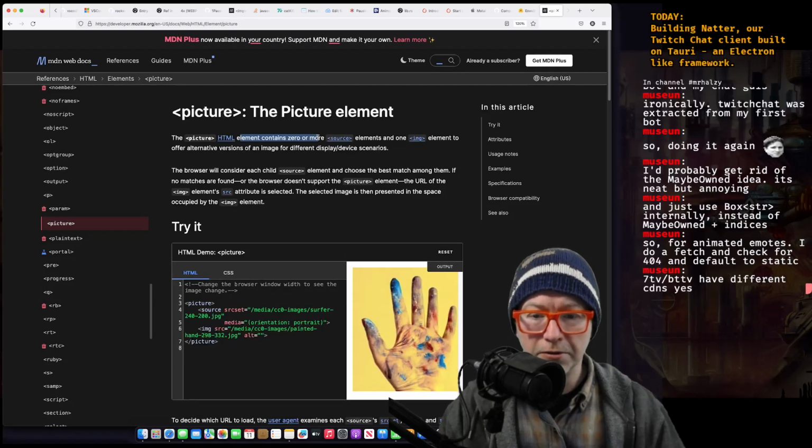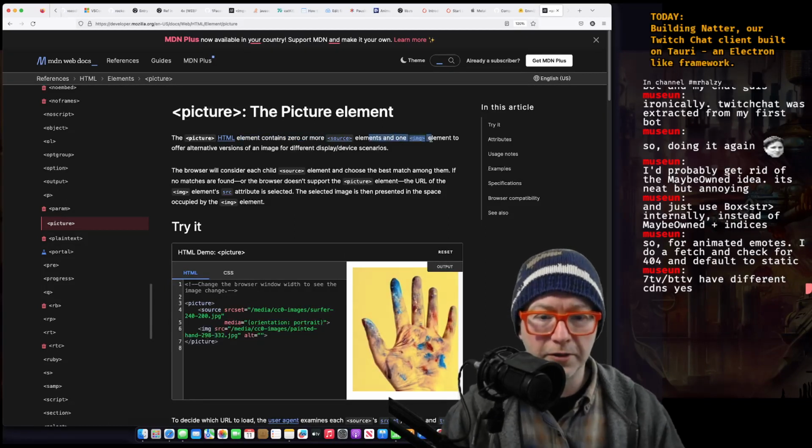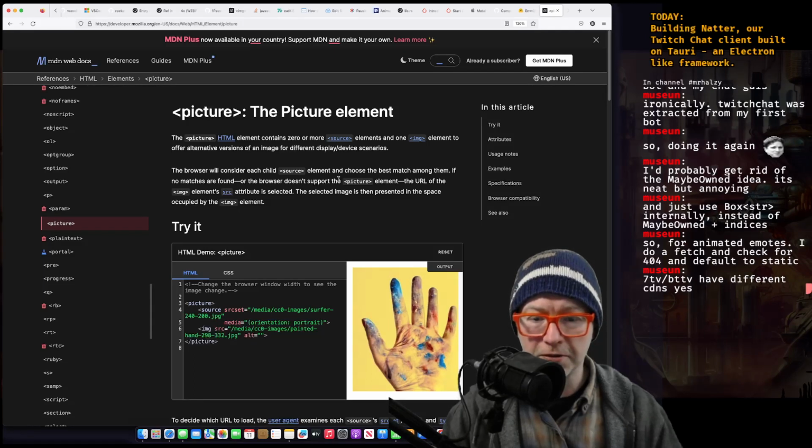Zero or more source elements and one image element. If no matches are found or the browser doesn't support the picture element, the URL for the image element source attribute is selected.